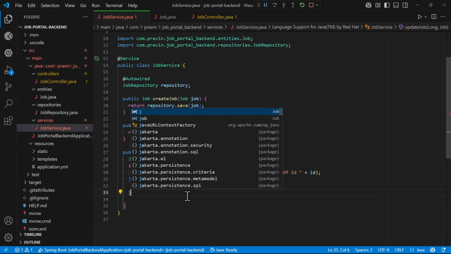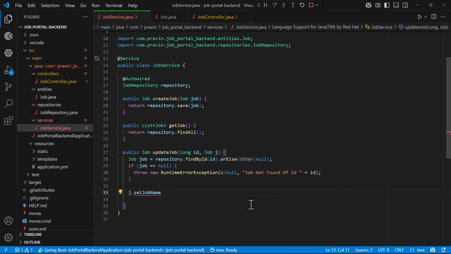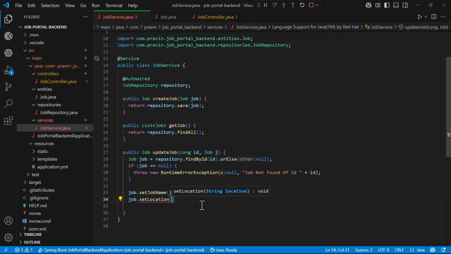So j dot set job name, and here not j job, j dot get job name. That's it. And let's do it for all. Job dot set location, j dot get location,